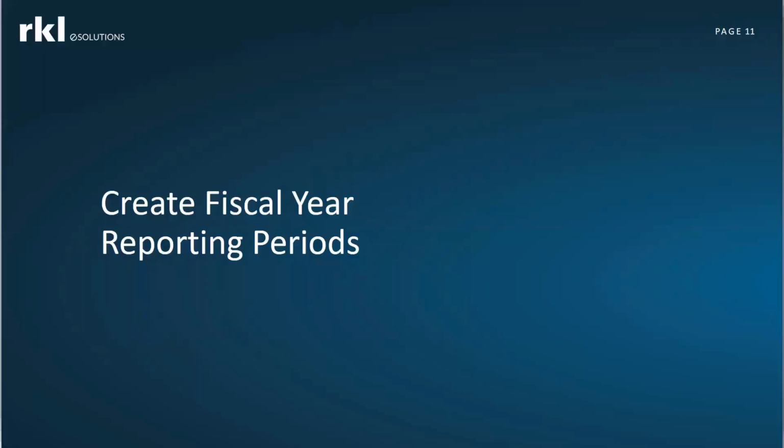The next thing we want to do is create fiscal year reporting periods. So if you're running your reports and you notice, what happened to 2022, I don't show anything past 2021. Okay. That means either number one, we only created the basic default ones if you're new to Intacct, so we didn't create any additional years out, or you've been using Intacct for long enough that all those future years that we created in implementation, you've already burned through and it's time to add new ones, which if